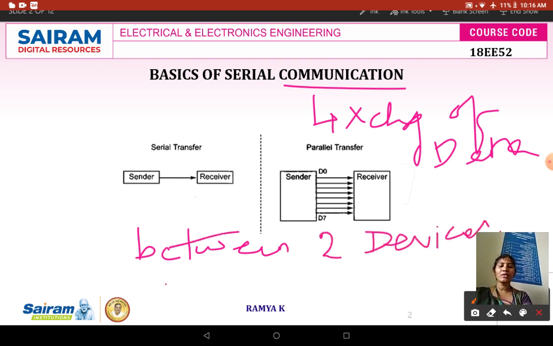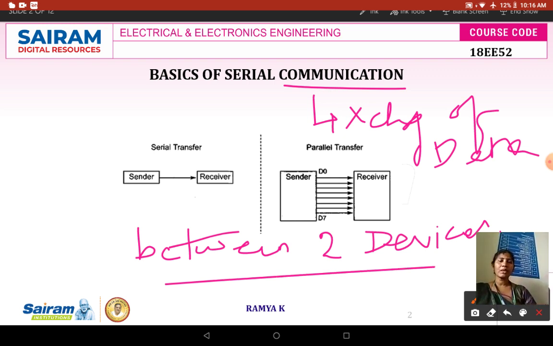Okay, so when it is exchanging, it has to follow certain protocols. So protocol is nothing but a set of rules and regulations that has to be followed between any two communicating devices. So we need to understand what is the communication protocol, why the communication protocol is required. So communication protocol is required to frame the set of rules and regulations, and we need to exchange the information from one system to other system with a medium. Okay, so there will be some medium, and through that medium we need to exchange the information, that is called as your communication.